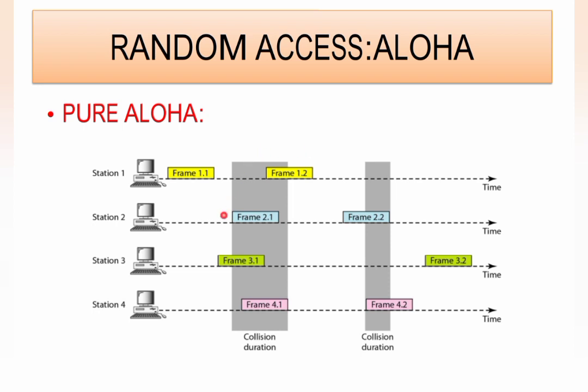At the same time, these 4 frames are accessing the channel. That means these 4 frames are being transmitted from the stations through the channel. That's why there is a chance of collision here. So this is the collision duration. Here station 1 is transmitting frame 1.2 and station 2 is transmitting frame 2.1, so there will be a chance of collision here. And similarly here station 2 is sending frame 2.2 through the channel, and frame